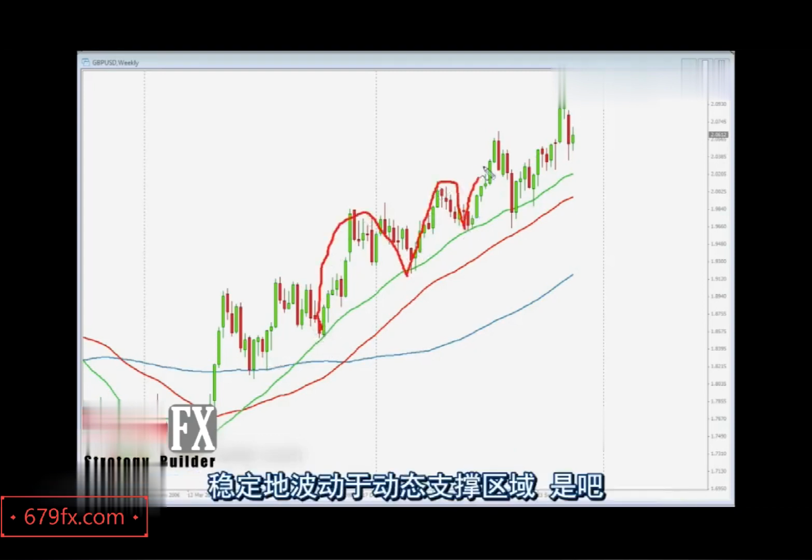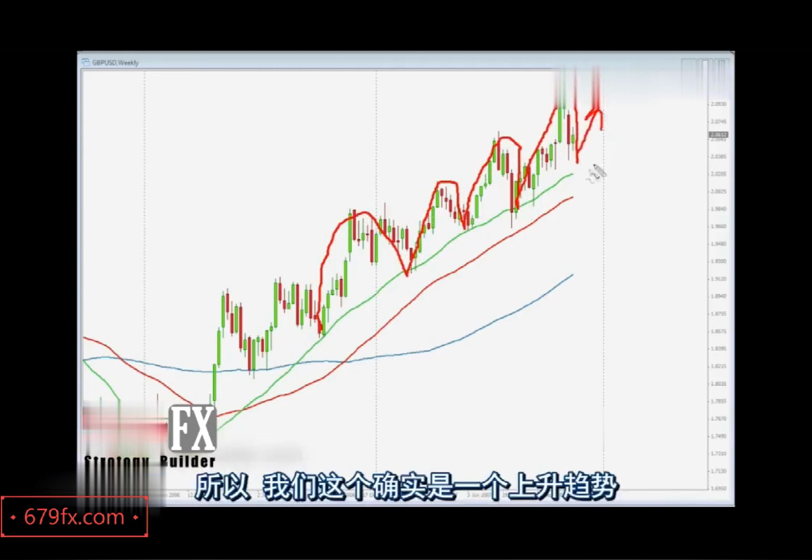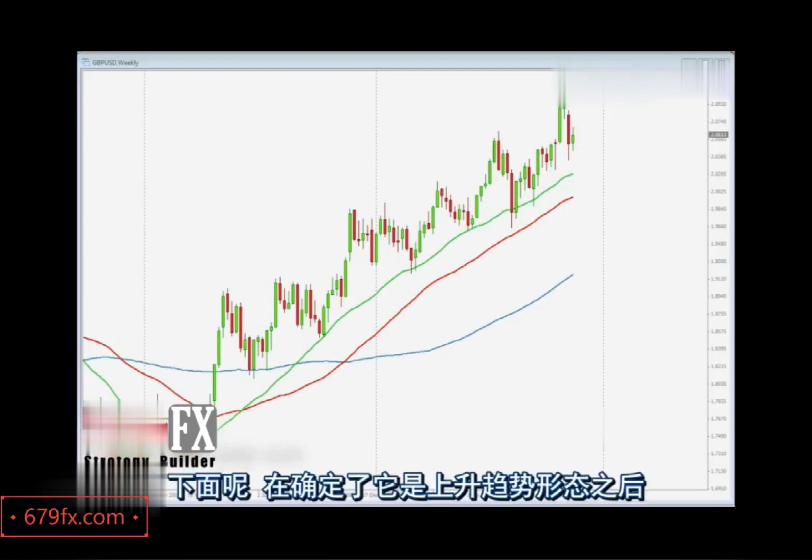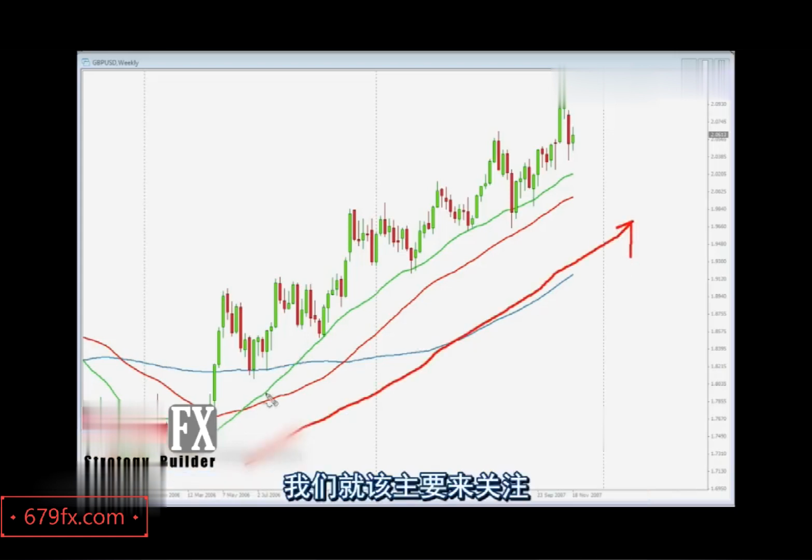Swinging harmonically off the dynamic area of support, isn't it? All right, then we are in a clearly trending scenario. Yep, it's certainly a trending scenario. So in this case, now that we've recognized that we are in a trending chart, okay, now the area we